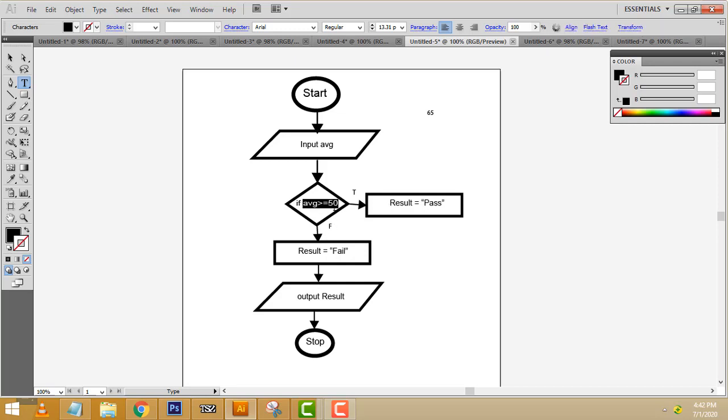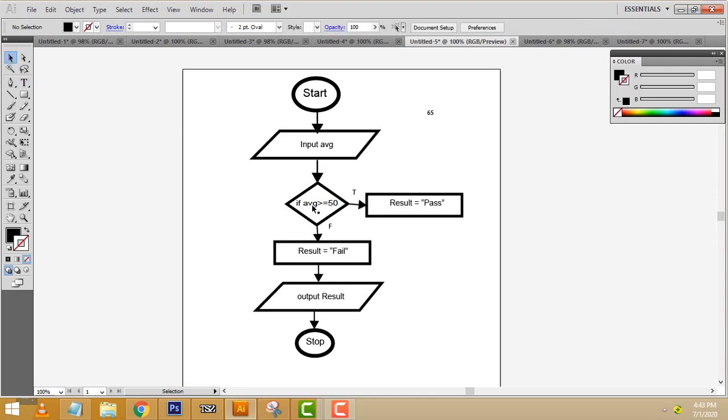If the student's marks will be displayed as only 50, the student will fail. If it is greater than or equal to 50, the student will pass. If you write it like this, only above 50 passes, right? If you write it with this symbol, it takes 50 along with it, so 50 also passes, right?